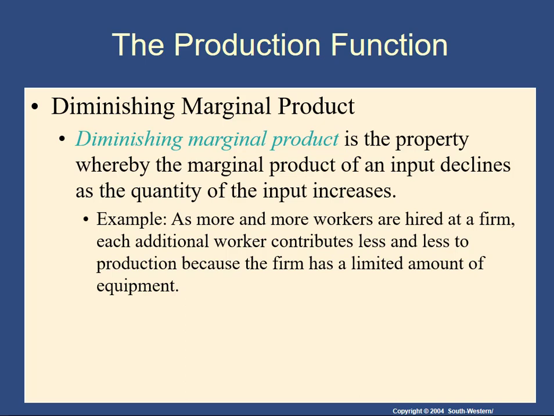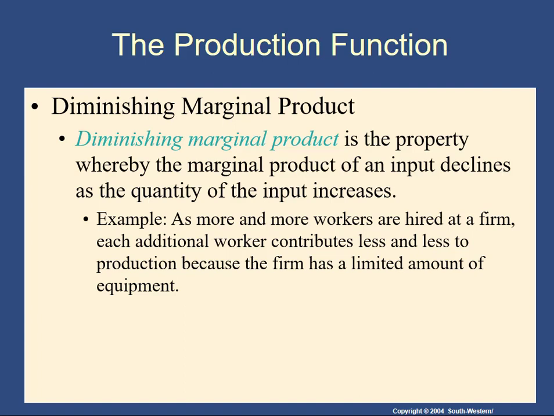And we could talk a lot about why that happens, and the gist of the idea is that since there's a limited capacity at the factory, a limited number of machines, then as you have more and more workers, there's less and less equipment for them to work with each additional worker. So you might think that in the beginning you have 3 machines, and so 3 workers can be very productive, but the 4th worker might help a little bit, but maybe he's just going to give breaks to the first 3 workers, or he's going to be cleaning up after them. And then that 4th worker won't contribute as much to output as the 3 previous workers.